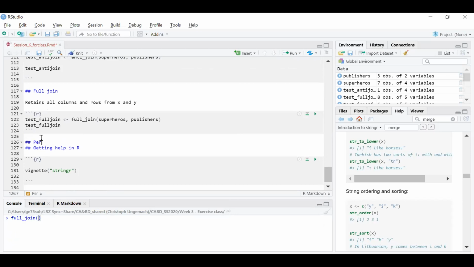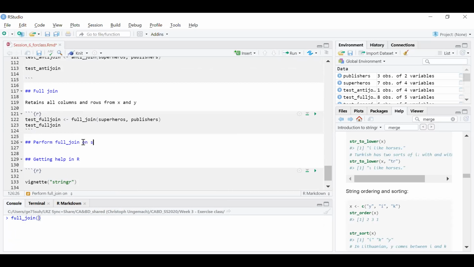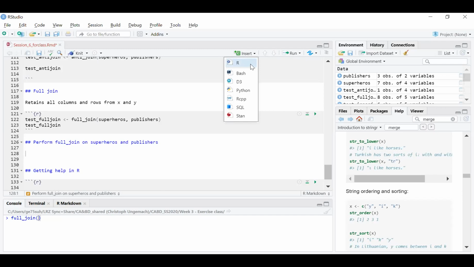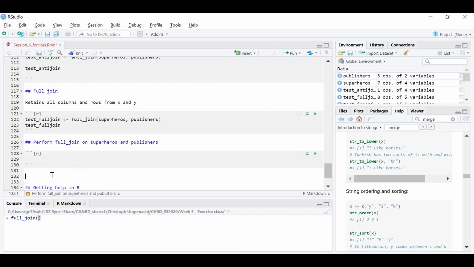So perform full join on superheroes and publishers. So that's it. And get it like a task. Assign any name that you want. I am putting something like test full join